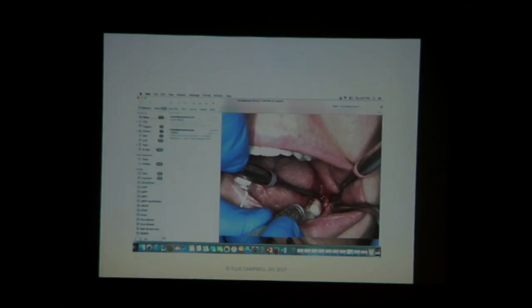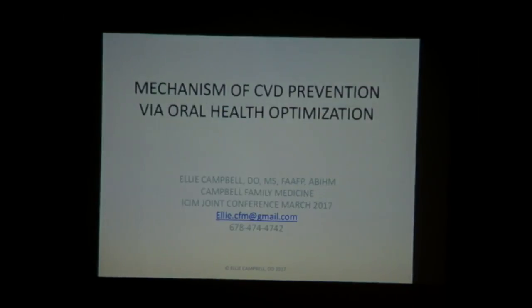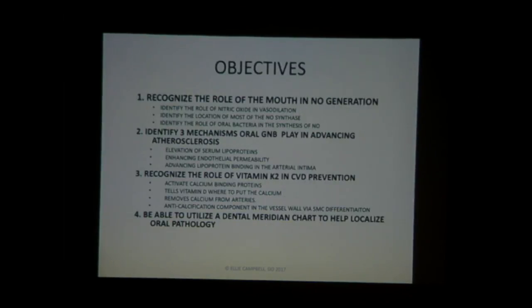Her dentist and I had a conversation. I think we're going to do some more ozone in that area based on some things I've heard at this conference. There may be a couple other things that we do to help make her feel better, but we were able to significantly improve her long-term cardiovascular history, even in the absence of cardiovascular disease, because we now know from